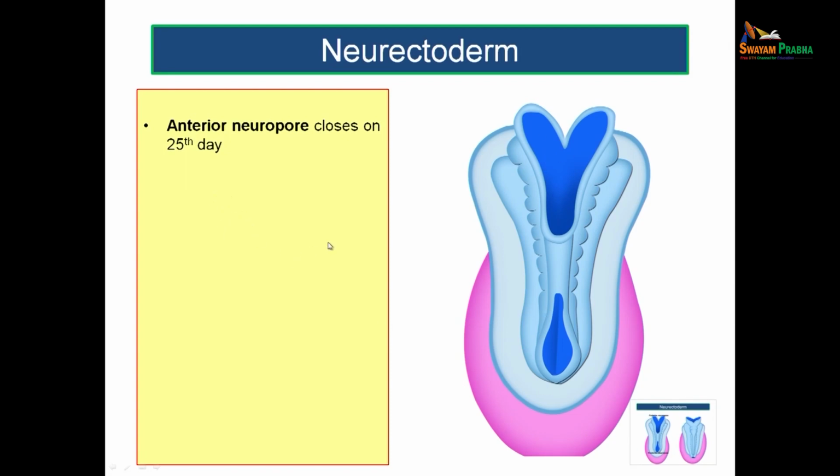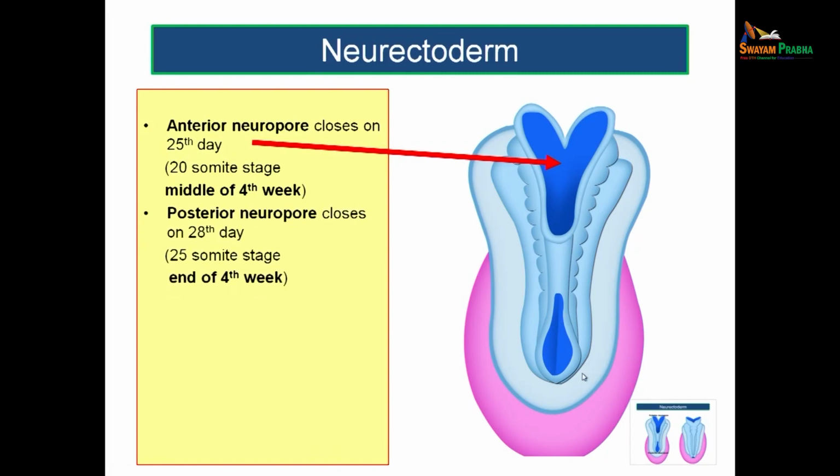When you are anticipating the closure of the anterior neuropore, it usually closes by the 25th day, that is the 20 somite stage, because you usually divide the embryonic period into pre-somite, somite and post-somite periods. At the 20 somite stage, you will get the fusion or closure of the anterior neuropore, or roughly we can say the 25th day of intrauterine period. If you want to put it into weeks, it is roughly the middle of the 4th week of intrauterine period. So this is the anterior neuropore.